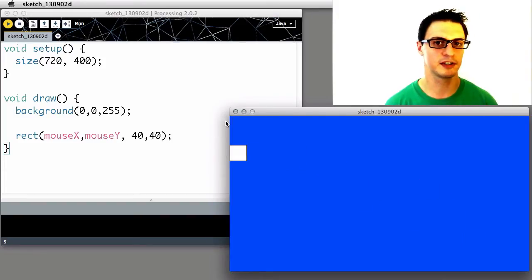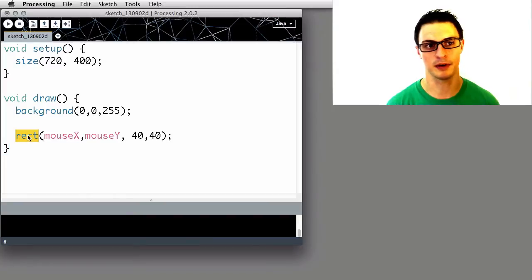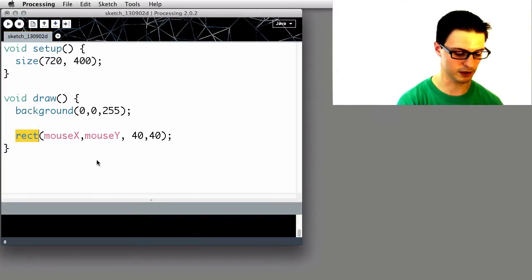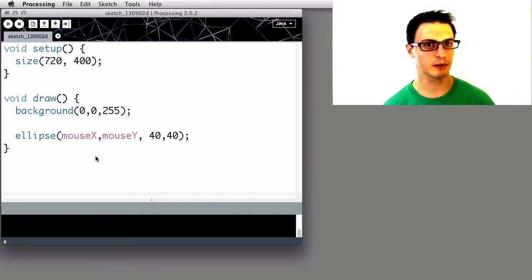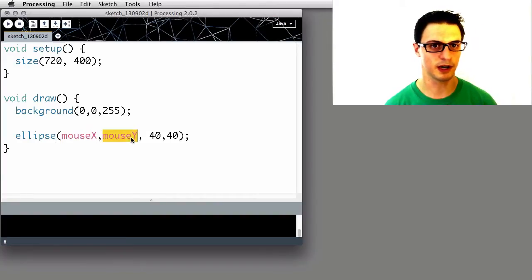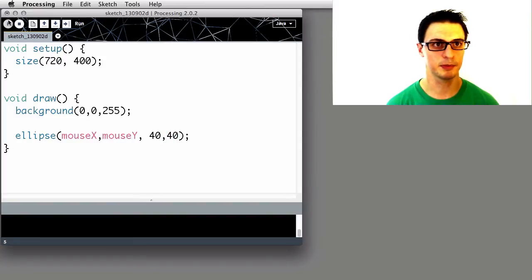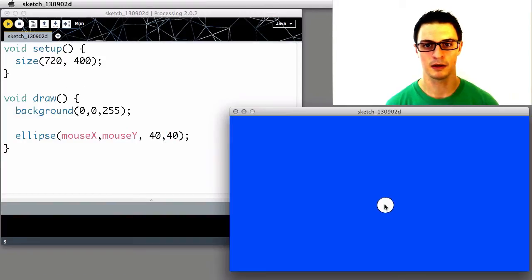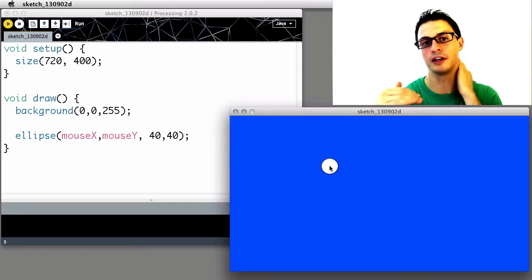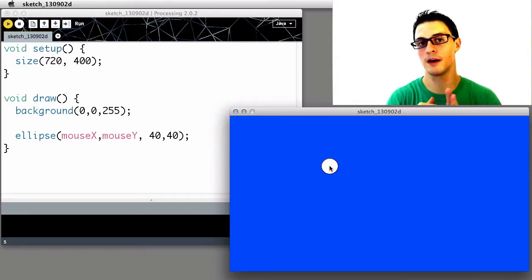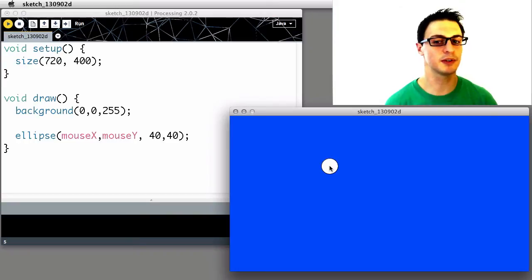Now we've been using rect so far to draw rectangles, say where the mouse is or where predefined coordinates are. But if instead we say ellipse, it works exactly like rectangle. It's still an x and a y coordinate and a width and a height for the ellipse. So when I press play, you'll see now we have an ellipse. Now notice too that whereas for the rectangle, the first 2 arguments, the x and the y, were used for the horizontal and vertical position of the top left corner of the rectangle,